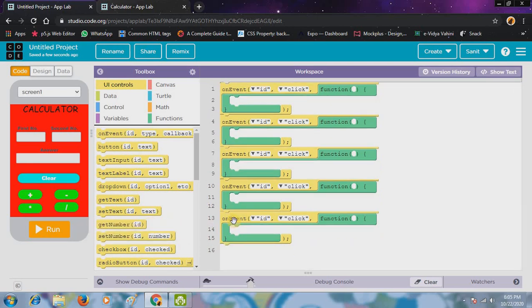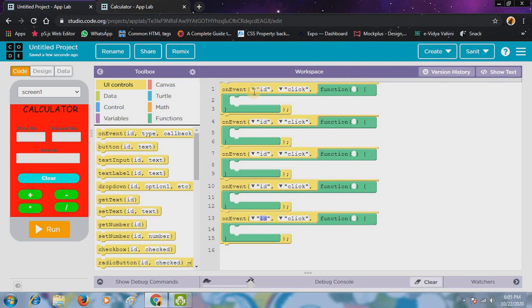So I will drag and drop it out. So it is 5. 1, 2, 3, 4. Oh, sorry, 5. So now the on event is in the code.